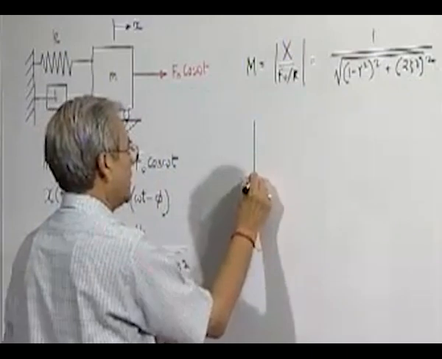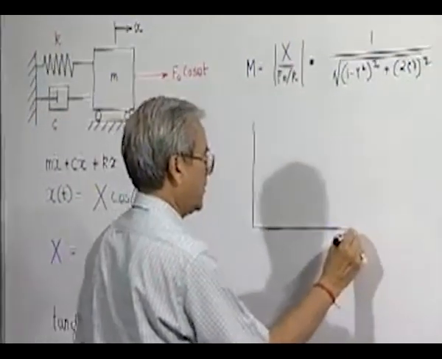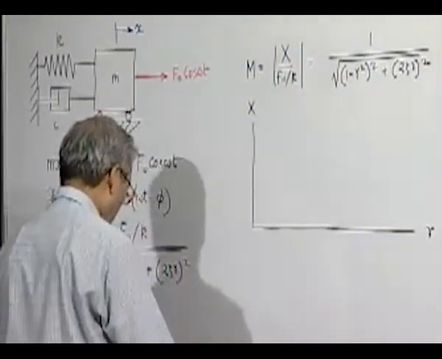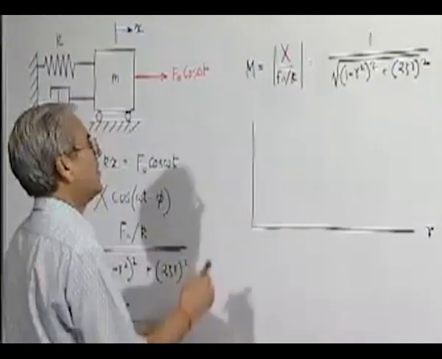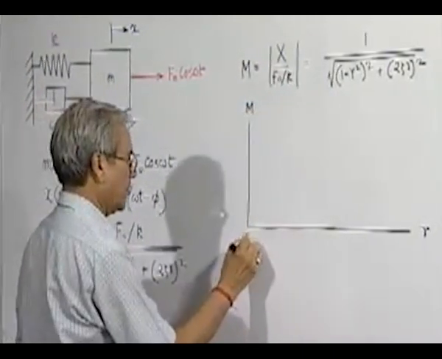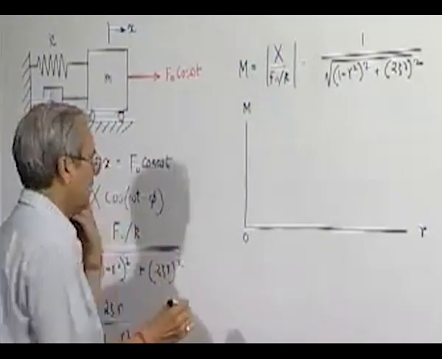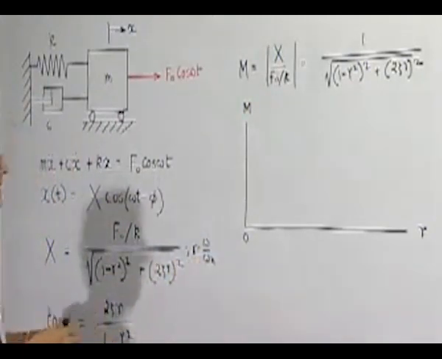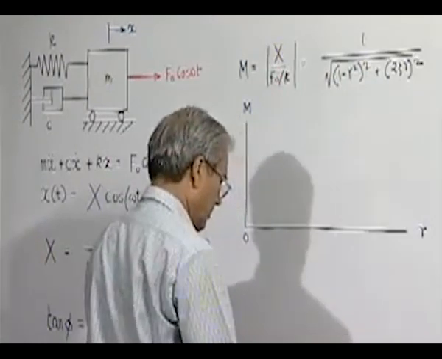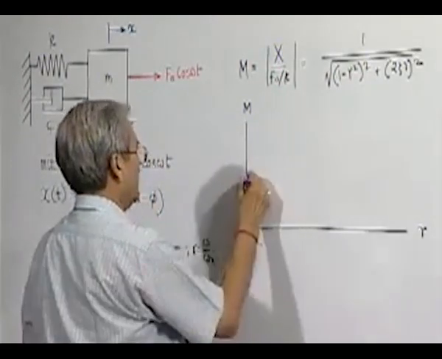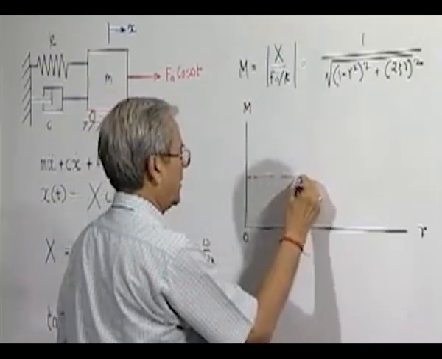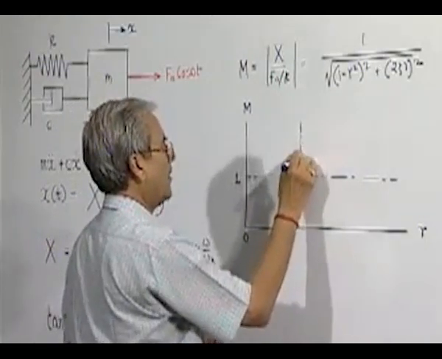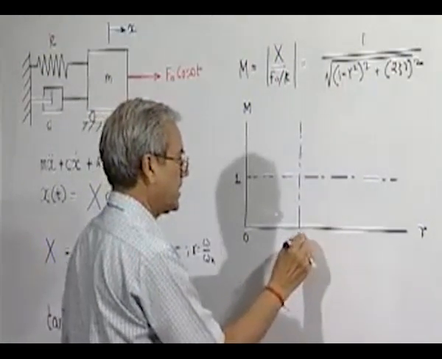then we plotted the response of the system, either x or the magnification factor. So, we start at r, that is the frequency ratio, when omega starts at 0 and gradually increases. So, here we have seen that this line represents the magnification factor 1 and this line represents frequency ratio 1,